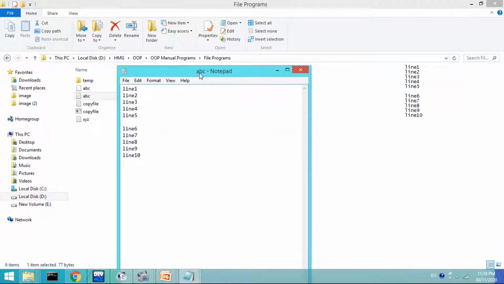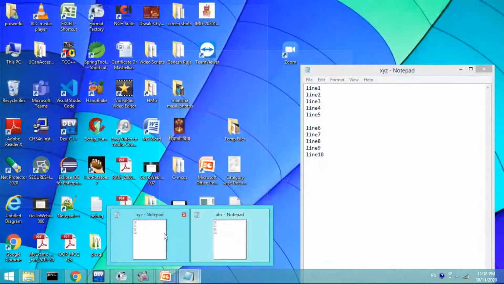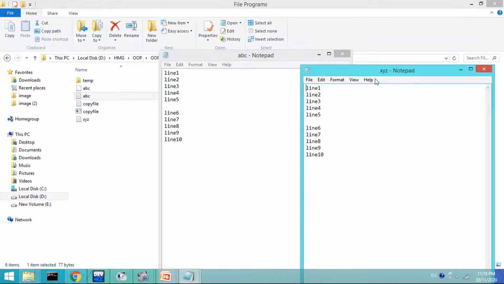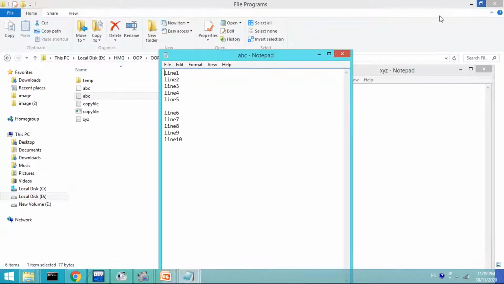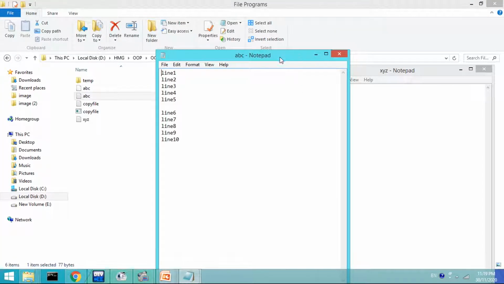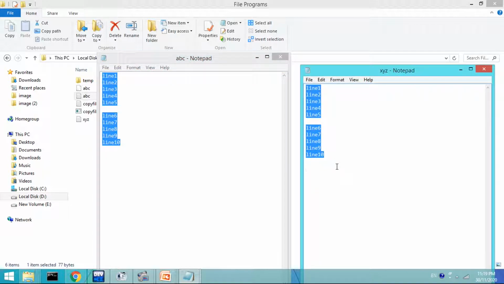Here you can see both files are available, xyz and abc. You can verify here. This is your source file, with line 1 to line 10, and these lines are copied into the destination file xyz as they are.